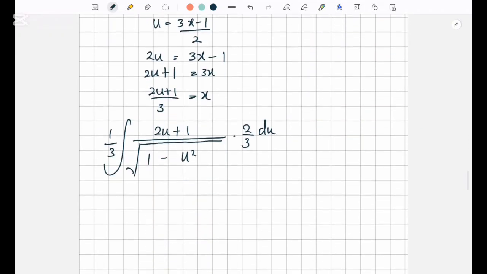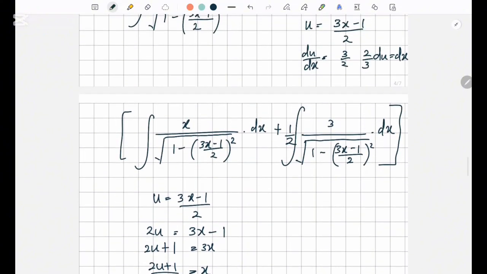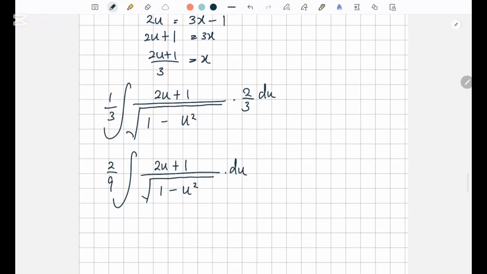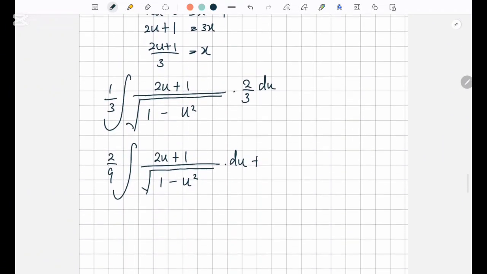Right? So you can take 2 over 3 outside, it's going to be 2 over 9 into 2u plus 1 over root 1 minus u squared dot du. That's one integral, and the other integral is going to be plus, now we have 3 over here, we can take it out, so it's going to be 3 over 2 into the integral of 1 over